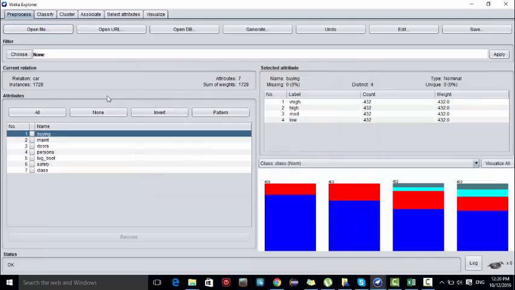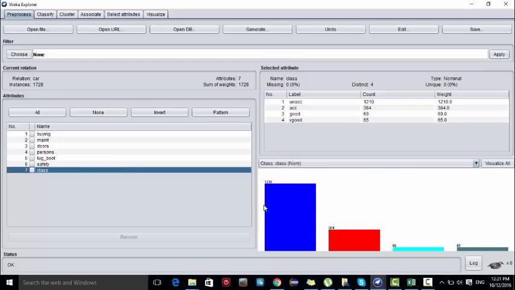As you can see here, there are 1728 instances with 7 attributes, and 4 classes which are unaccepted, accepted, good and very good. Here you can see the count of each class. Unaccepted has 1210, accepted has 384, good has 69, and very good has 65.